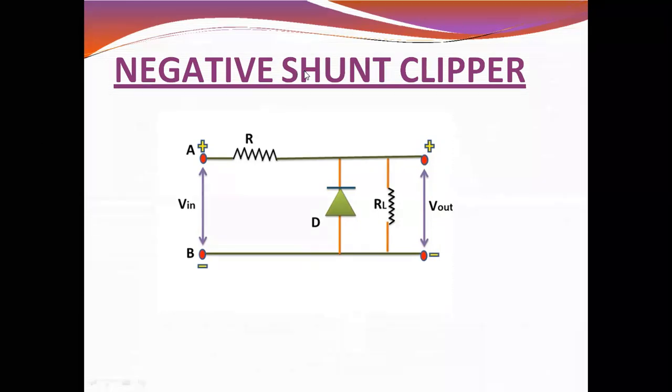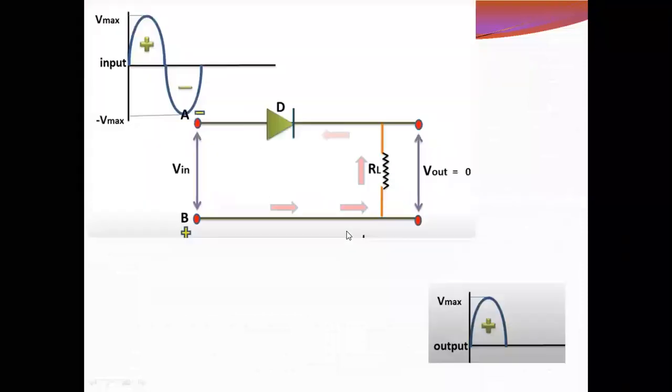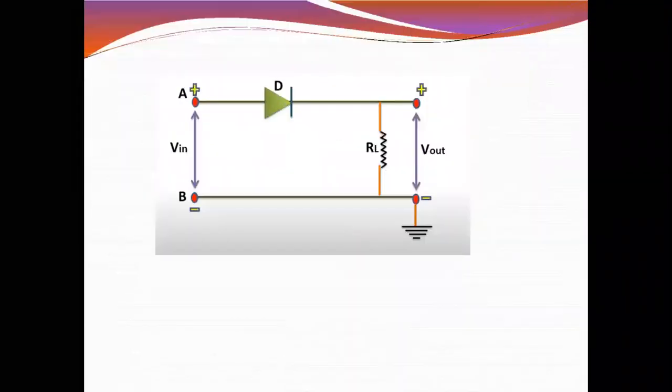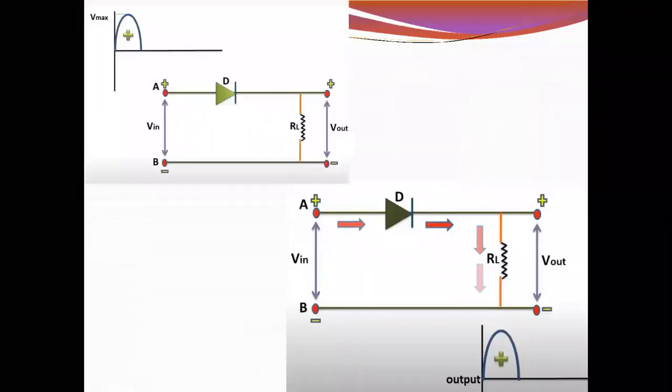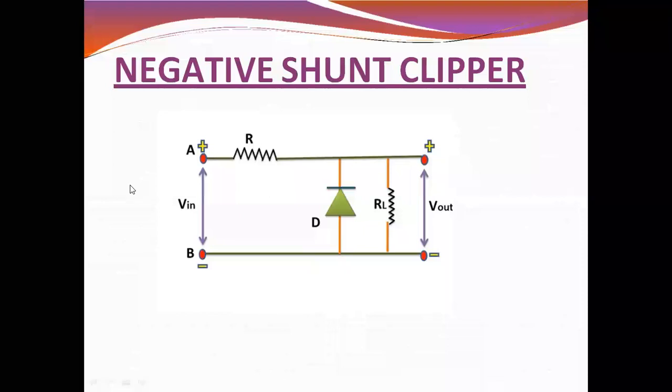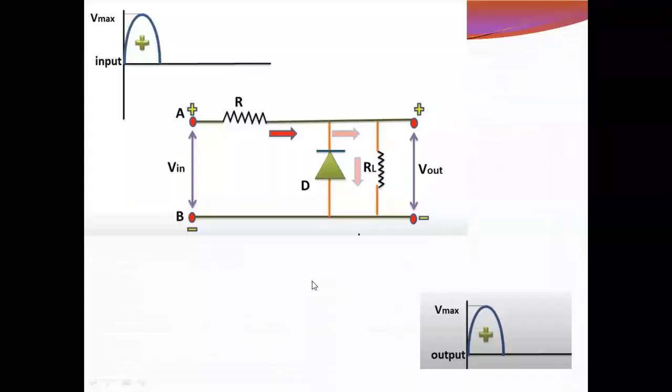In the name series, the diode is connected to the load resistance in series. Here in the name it is shunt, so that's why the load resistance is connected with the diode in a shunt manner. Clear? If you observe the difference between the previous circuit and now, this is the series, where the diode is connected to load resistance in series. Here the diode is connected to load resistance in parallel, so that's why it is a shunt clipper. Now please analyze the operation.